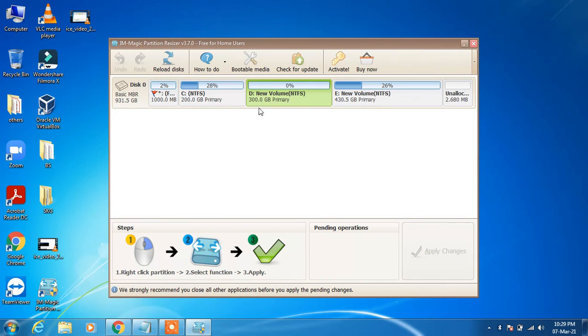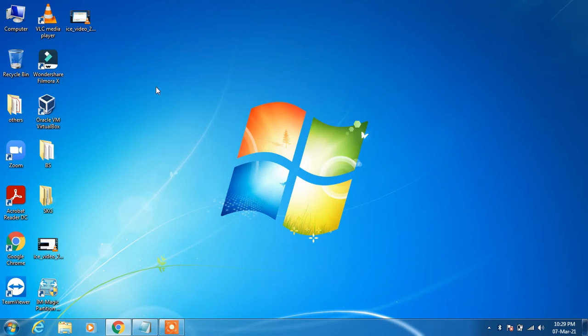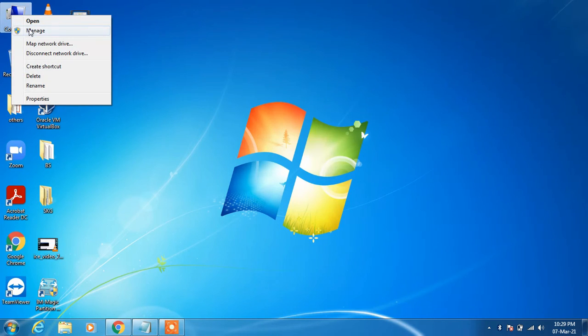So you can see that it is successfully converted to primary partition as it is showing here, primary. Now we will close this and go to our computer management screen. Right click over my computer, click on manage.